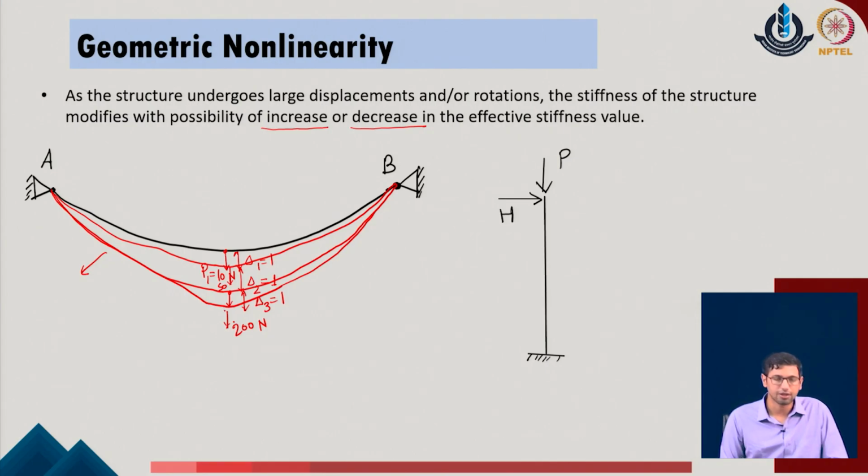Now, one can easily understand it in a simplistic sense as well: as the system is getting pulled downward, the angle at which the member is inclined with respect to the downward load is also increasing. As the angle increases, the amount of resistance which these forces offer is also significantly increasing. So, there is a kind of stiffening which the members are experiencing as you try to pull the system downward, and as the angle has increased, the user has to pull it with a larger amount of force to make the same amount of displacement. As a second case, I can go with a simple example like a beam column system in the given problem.